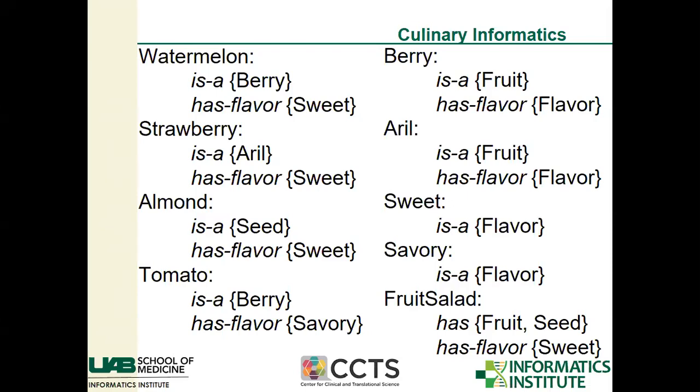So you begin to understand the individual pieces of information and what they really mean so that you can put them together. And while a person can read and just logically know that, yes, a tomato is a fruit, but you don't put that in a fruit salad, when you start trying to decide, absent the human being reading that, what to deliver to a person in the context of research or clinical practice, you have to understand what those concepts are, what those relationships are, and a more discrete meaning so that you can build systems, tools, processes in order to deliver the right information at the right time.